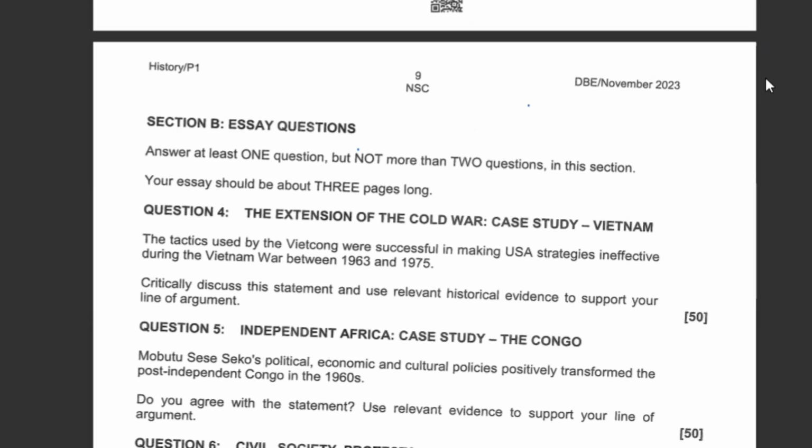What you need to do with that essay is adopt a line of argument where you are either agreeing with the given historical statement or you are in disagreement with it. Then as you go through your essay, you have to support your line of argument, indicating why you agree or why you disagreed with the given historical statement. That is one type of question that is used.